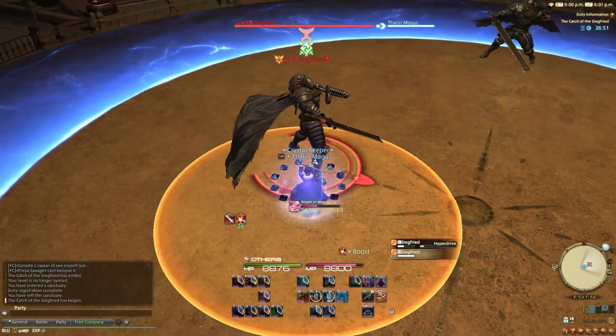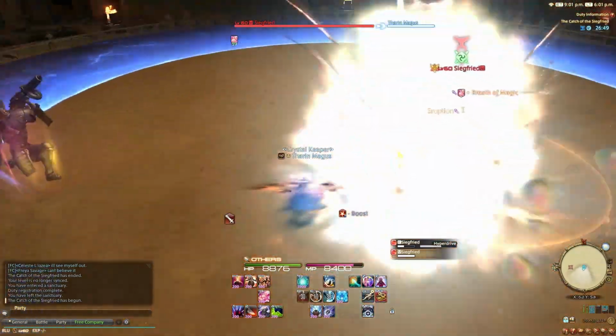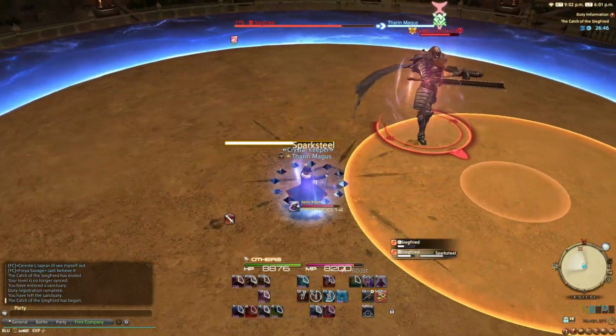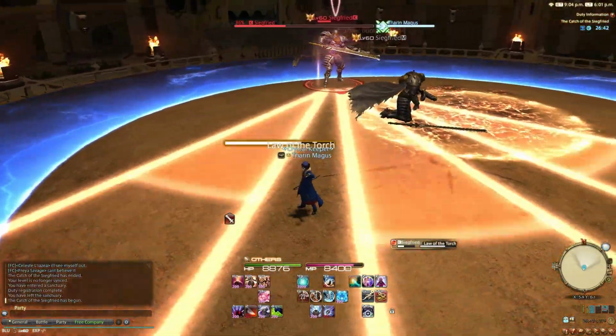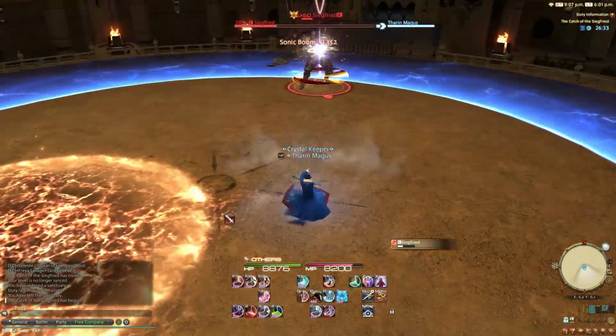Like before, we want to use Bristle before the clone actually spawns so that we can hit it with Breath of Magic as soon as it appears. Since this one is weak to wind, we can easily burst them down with our Sonic Boom before they're able to do their attack. Siegfried is then going to repeat the same set of attacks he did after the first clone,